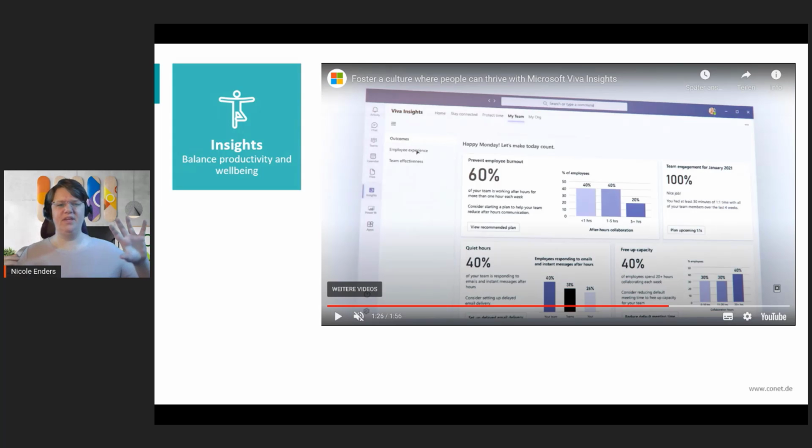And you don't only get this data and these charts which we are seeing here, you also get some ideas, some recommendations for what you can do. Yeah, and for My Org, it's the same, but that's more focused on the HR department.